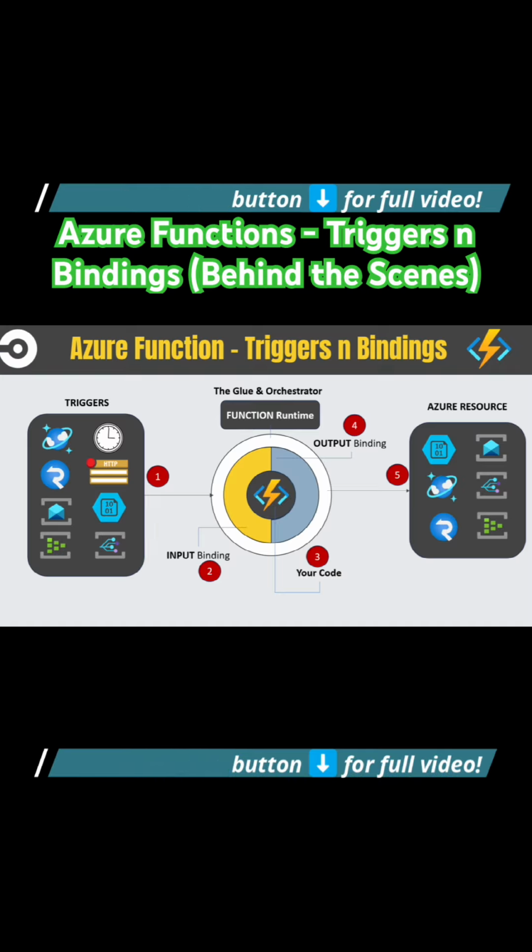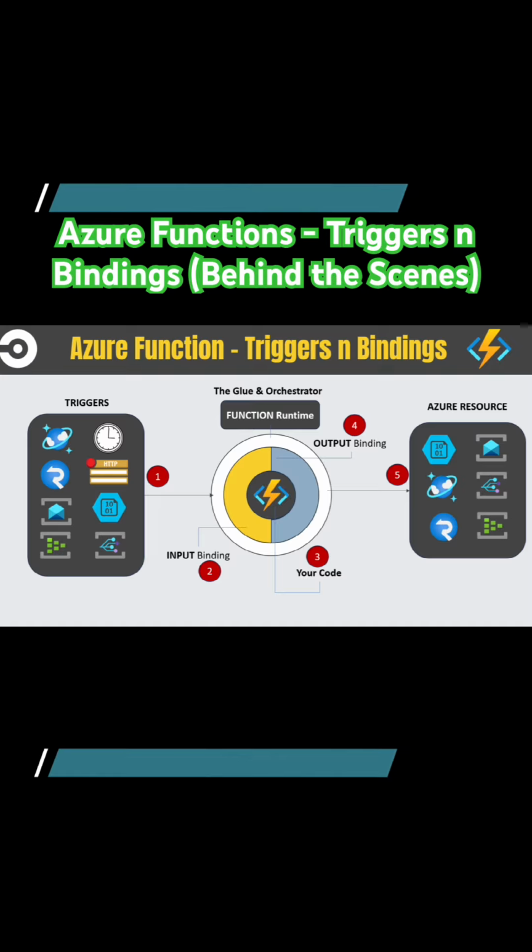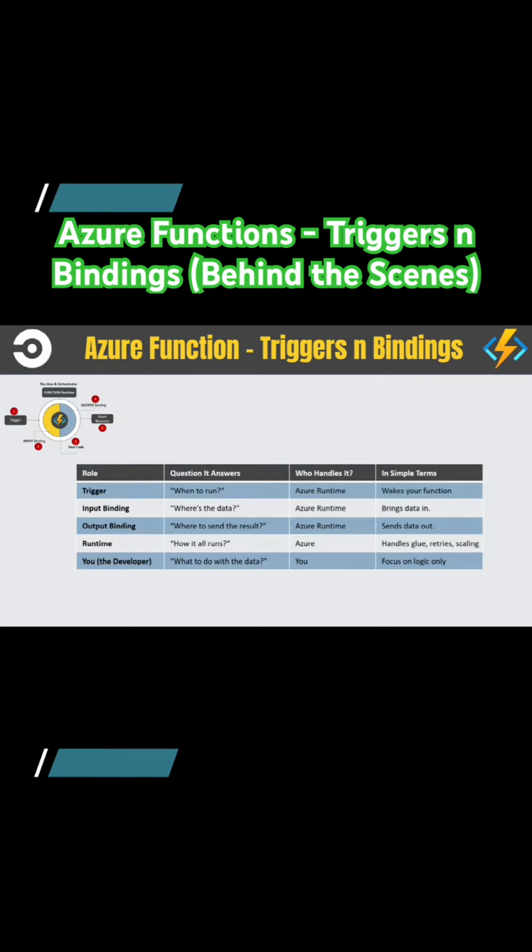So what you see on the left are the triggers that could trigger your Azure function, and what you see on the right are the destinations where the data could end up after executing your function. So understanding this entire concept in a nutshell: number one, triggers wake up your Azure function. Number two, the Azure runtime brings in the data, glues the trigger, orchestrates execution of your function,